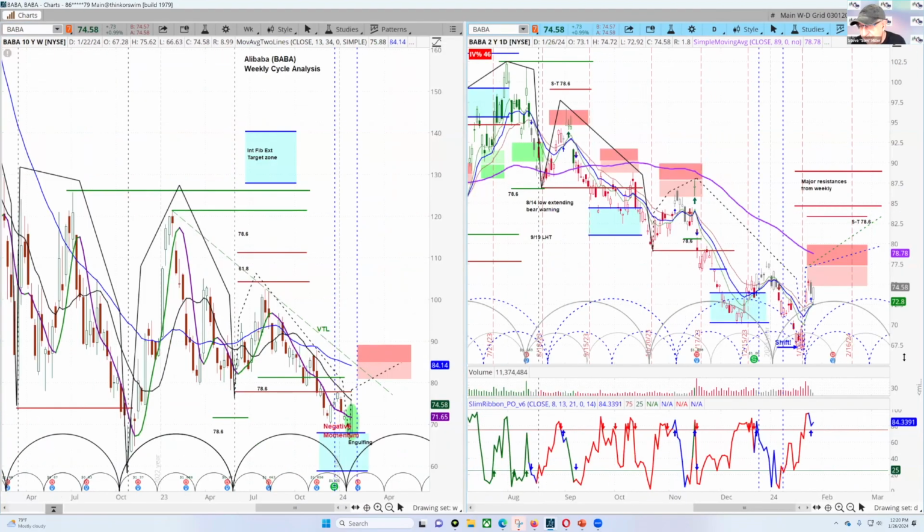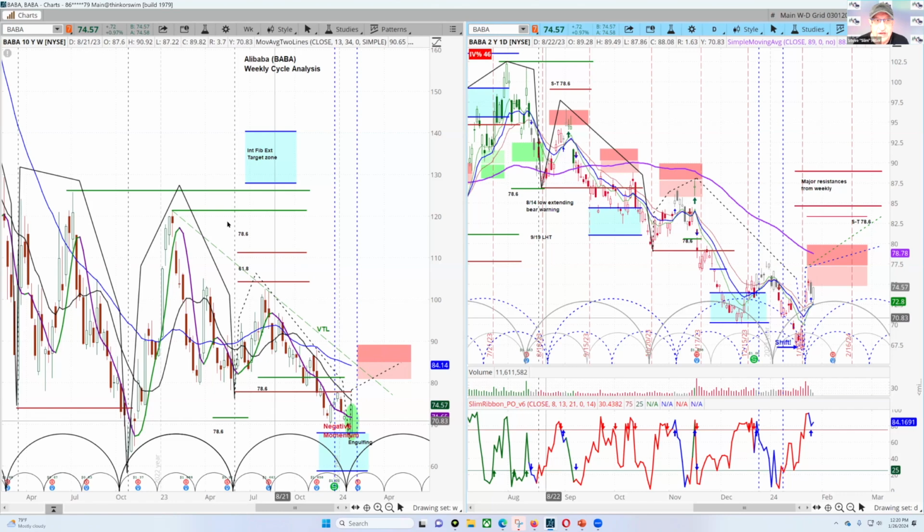As far as seeing a bottom coming, you could see on the bottom the slim ribbon PO, you see how red it was and those down arrows telling you expect momentum resumptions as it did. It just turned blue right over here. We want it to turn green. We want the slim ribbon to go green and in positive configuration as our first sign that there's actually a